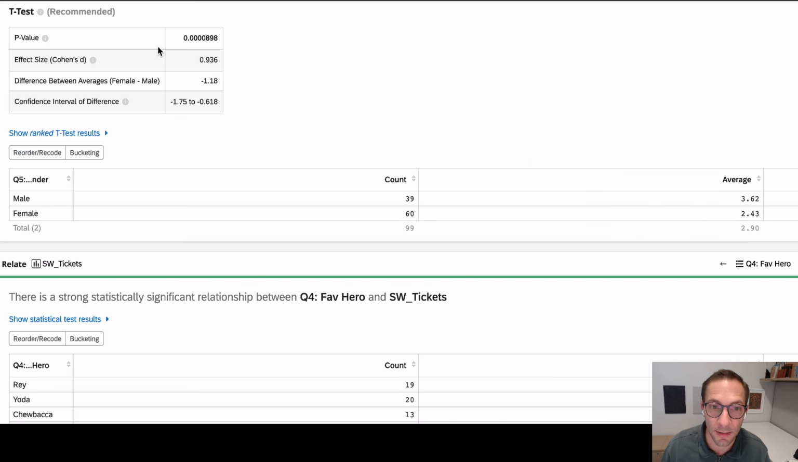And because this p-value is significant, I know that this is significantly different. So males purchase more tickets than females. If the p-value was not significant, then I wouldn't have enough data to really judge this, and I'd say, okay,